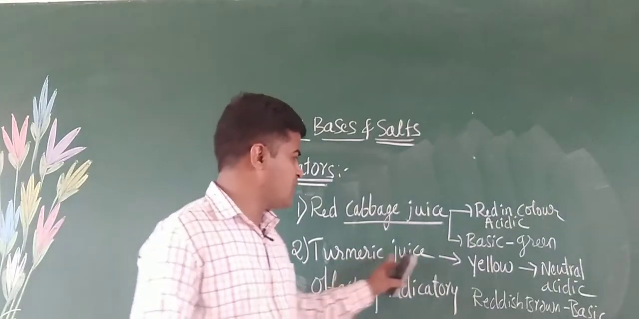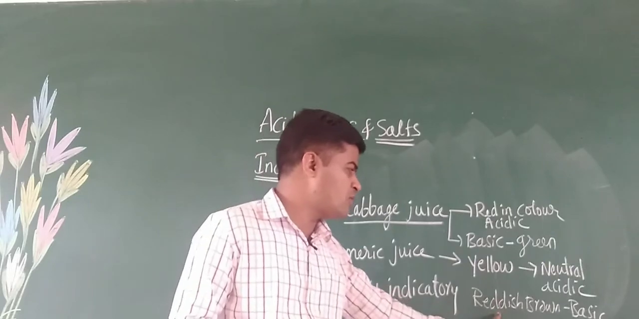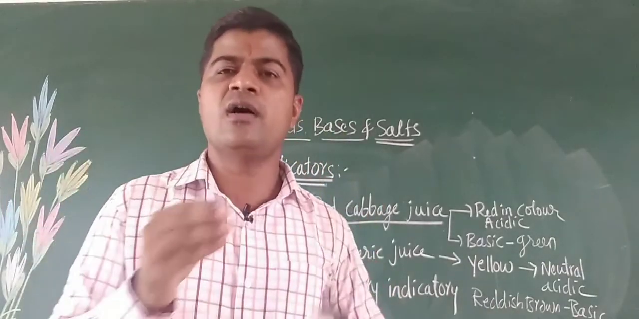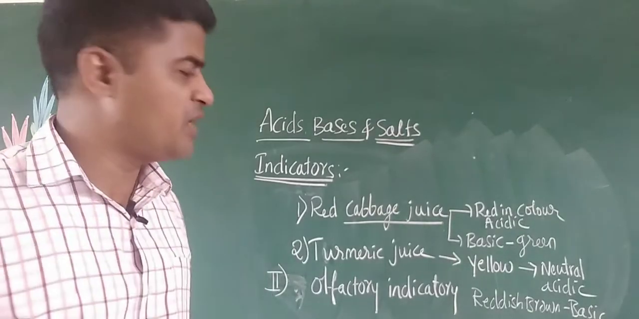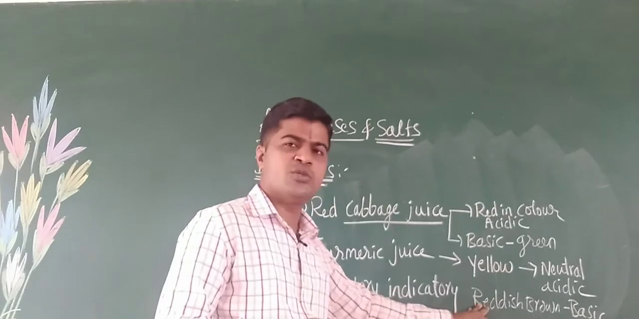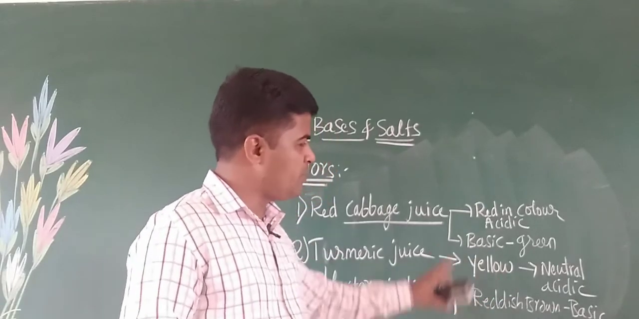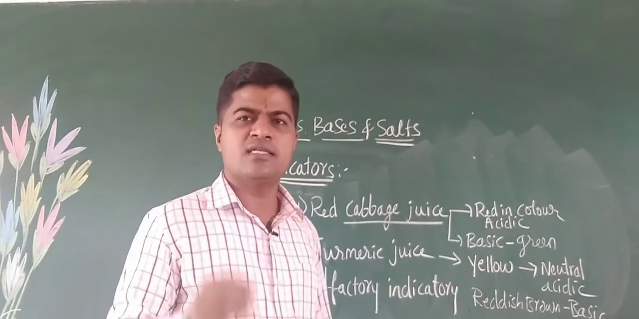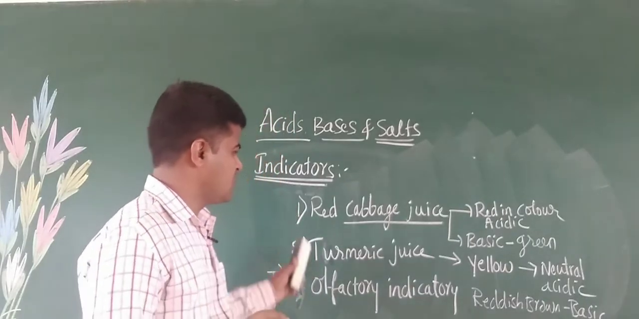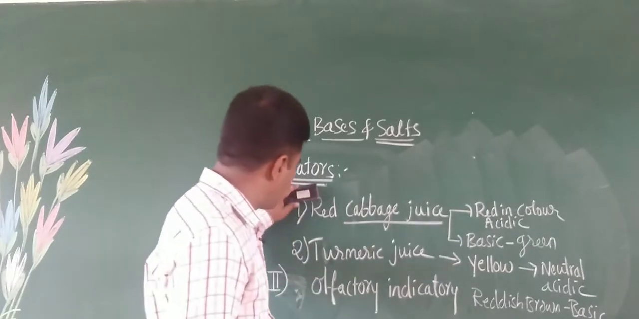Turmeric juice is going to convert to reddish brown color when in basic medium. In basic medium it is going to change into what we call a reddish brown. But it will be yellow in neutral and acidic. The color will remain the same in neutral as well as acidic. So this is a very important concept, that is